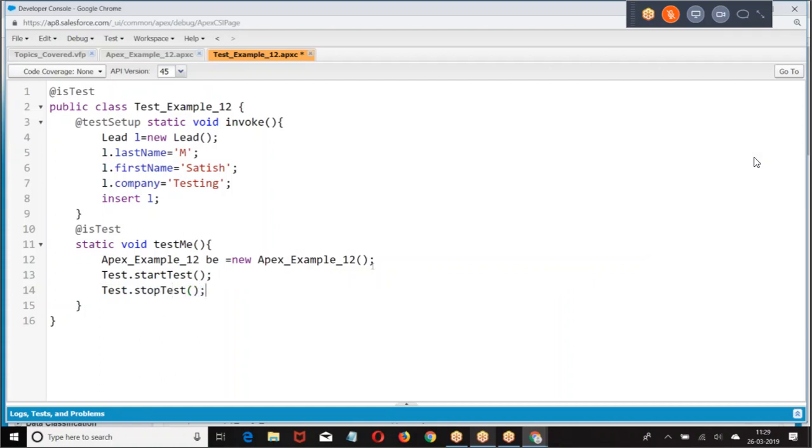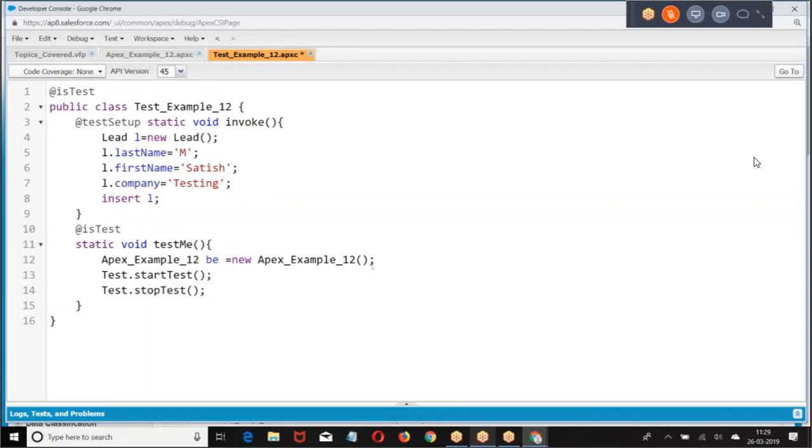Any asynchronous operation you want to test should be defined within Test.startTest and Test.stopTest. Why?